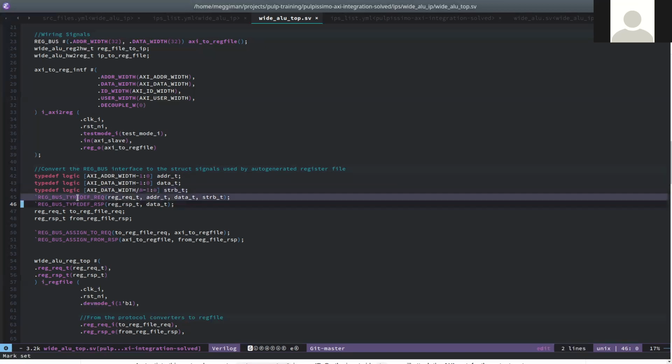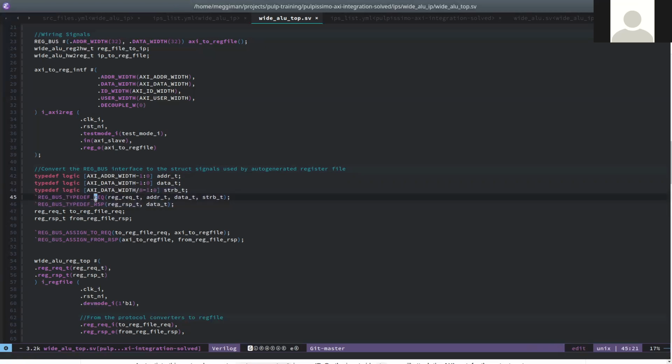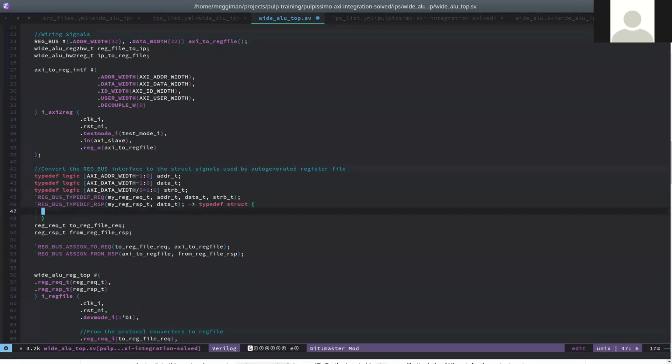So now what these two lines do is they declare two different structs with the names reg_request_t. I could call them whatever I want. My reg request and my reg response, and this is somehow translated to something like